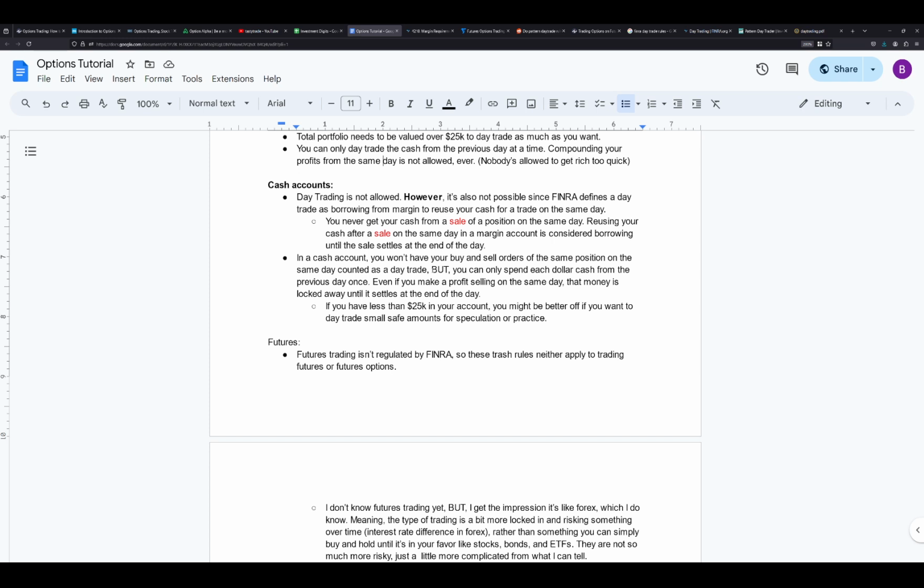But with a cash account, once you've bought something with that $2,000 and sold it, the money doesn't come back to you. You only get one cycle. This can sometimes be useful if you want to do something highly low risk and speculative, so you don't have to worry about counting day trades. Say you've got $2,000 in cash, but you're buying a $100 position and selling it, then buying another $100 position and selling it. It's only when you've reached a total of $2,000 worth bought that day that you would have